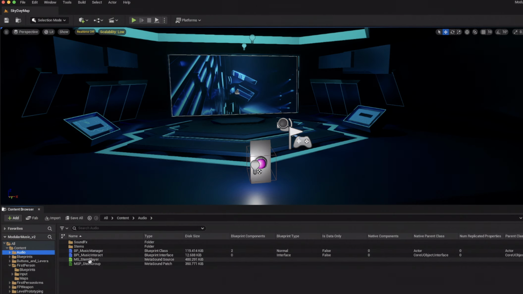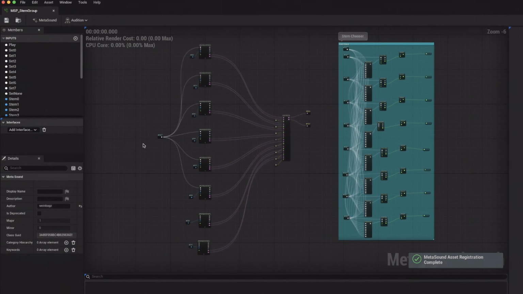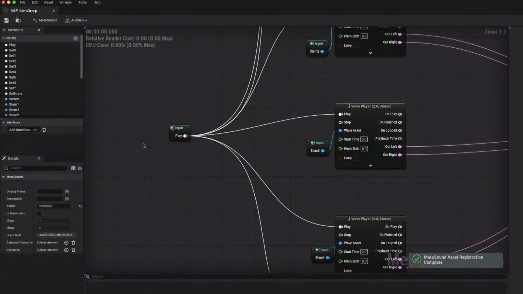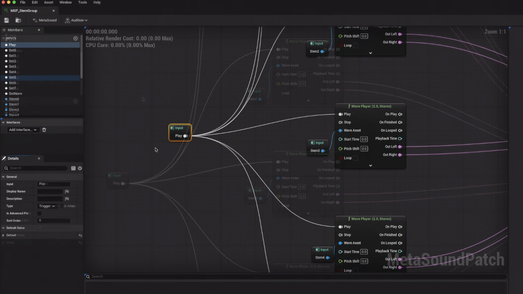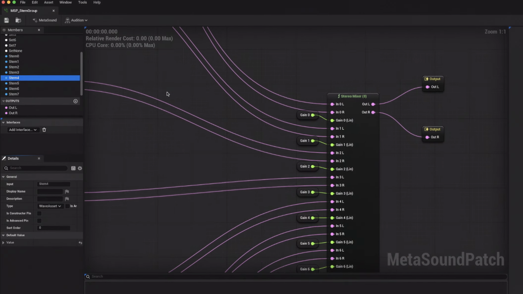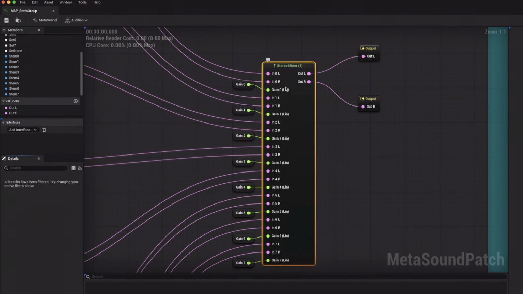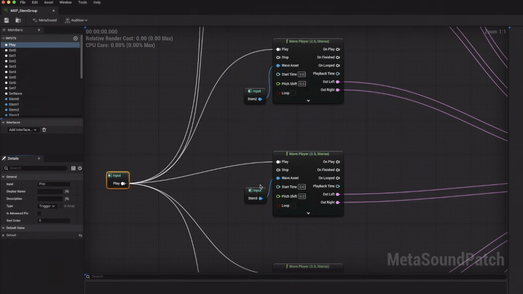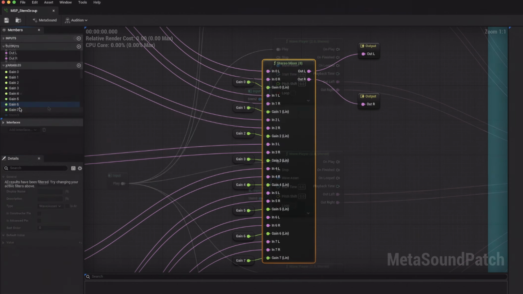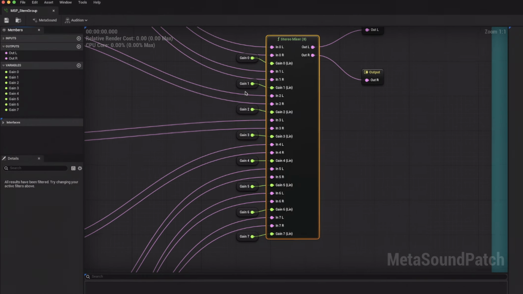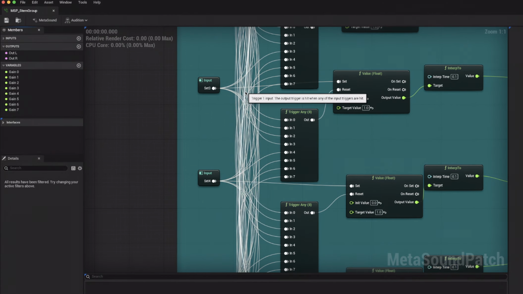So everything begins with a Metasound patch that I called MSP Stem Group. This patch handles a set of wave players routed through a multi-channel mixer. Each mixer's gain is exposed as a graph variable, allowing us to control levels dynamically. The wave asset for each player is also promoted to a graph input, letting us load stems in the containing Metasound. Each MSP stem group is responsible for one musical category, like drums, bass, or lead, and contains several stem